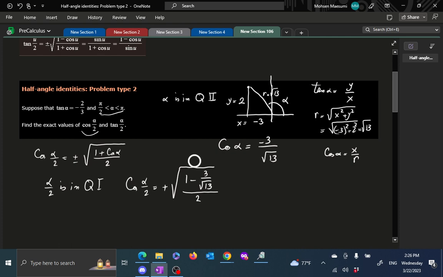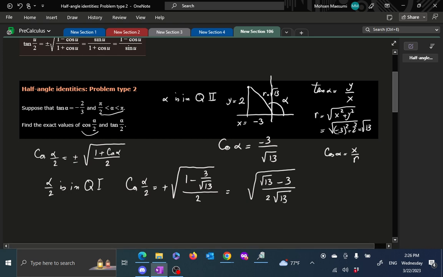Now, your software will accept this thing as it is, and you could say the problem is already done. If you want to clean it up, there are various things you can do, like multiply by radical 13, so it becomes radical 13 minus 3 over 2 radical 13. Okay, so let me again emphasize. Here you can say the problem is finished, but if you want to continue, practice some of the old stuff, one thing we can do is to multiply by radical 13, so it becomes